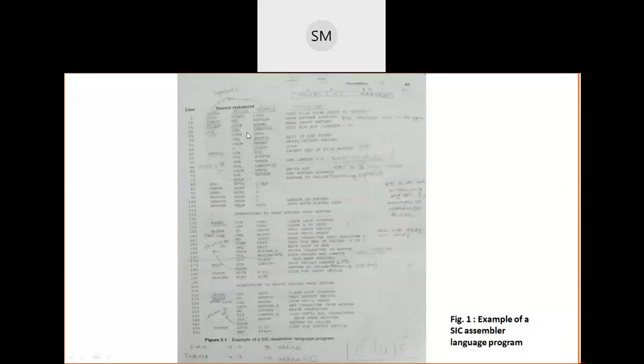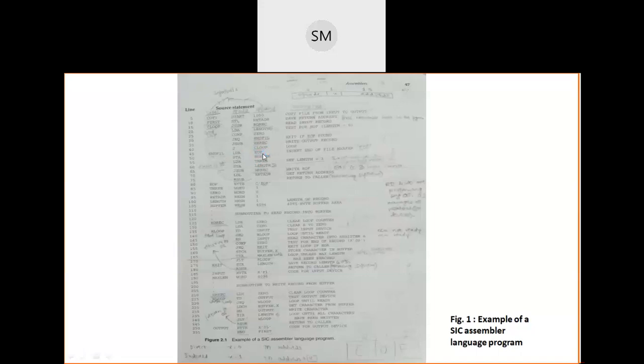Similarly, the programmer may be continuously typing characters from the input device to the buffer. To check that also, we will once again execute this C loop here. Then after writing all the characters from the buffer to the output device, I execute the next statement, that is LDA EOF.